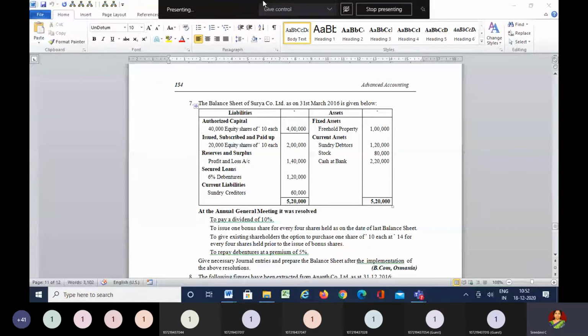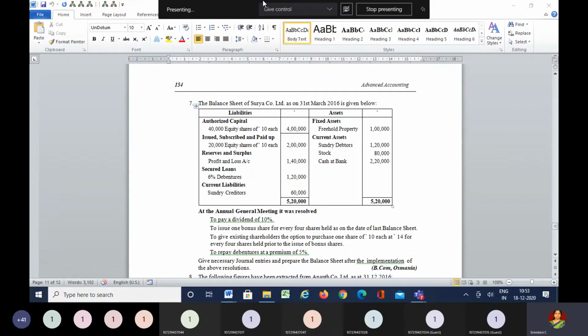Whenever shares are issued over and above the face value, you know that it is called a premium. Here the shares are being issued at a premium of 4 rupees, and that too for every 4 shares held prior to the issue of bonus shares. So again it is the same ratio. For every 4 held, they are issuing one share. As there are 20,000 shares, the company has decided to make an issue of 5,000 shares, at the rate of 10. Towards these shares, the company has to receive cash, because it is not a bonus share, it is not free of cost, it is for a cost. That means here there is a consideration which the company has to receive.